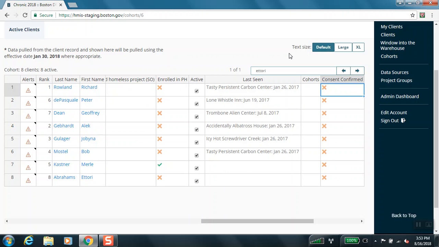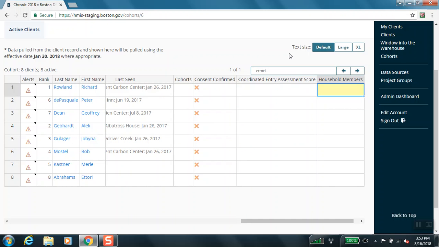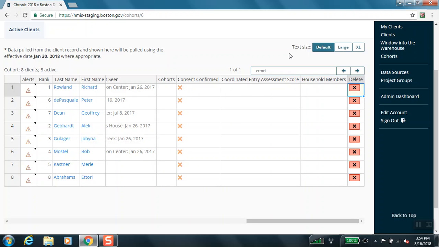Has a consent form been uploaded and confirmed by staff at D&D that allows full sharing of other documents? Have they had a coordinated entry assessment score done, and what was that score? This would be pre-populated from HMIS. Are they a member of a household, and who are the household members? You would see other household members and their ages and enrollments if that was the case. And then I have this ability to delete somebody off of the cohort list if they happen to